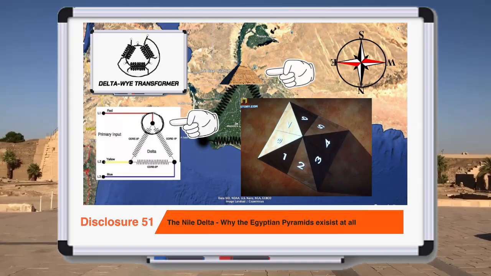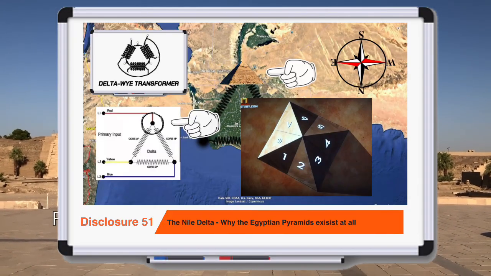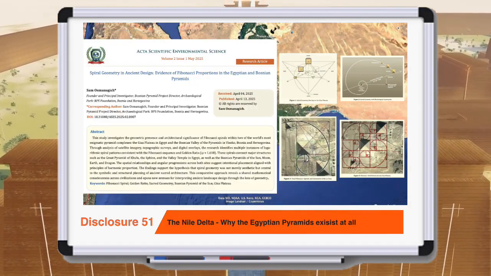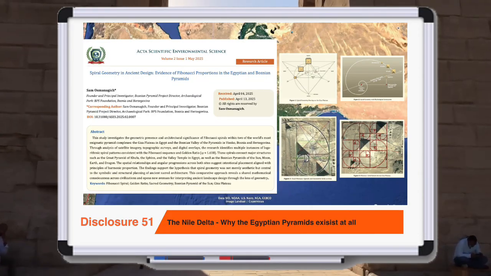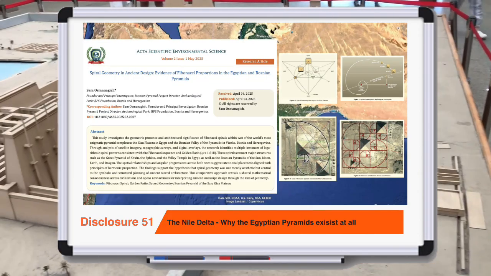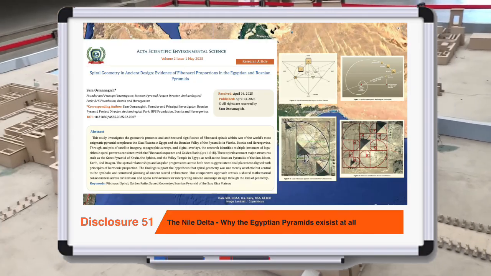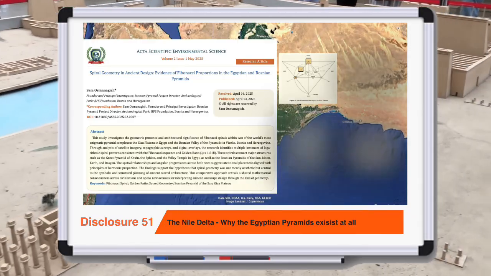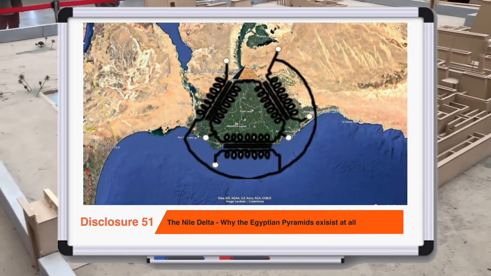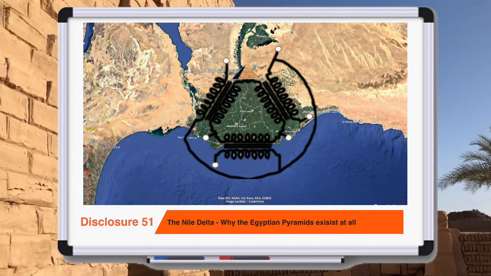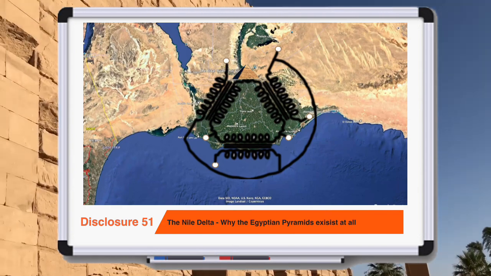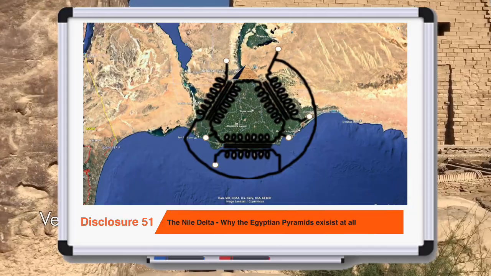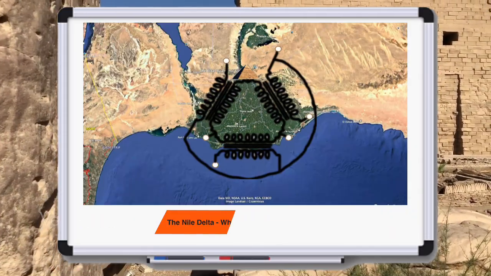There are 8 triangles. Now, this is just the beginning of the entire structure, but the reason that the pyramids are laid out in a Fibonacci sequence is because their purpose is to draw the electromagnetic connection with the sun directly onto the site. And by doing that, they reestablish the natural delta Y that was created during the apocalypse. And that delta Y that forms over the delta of the Nile was done to increase the agricultural output of the Nile region, of the Nile Delta region.